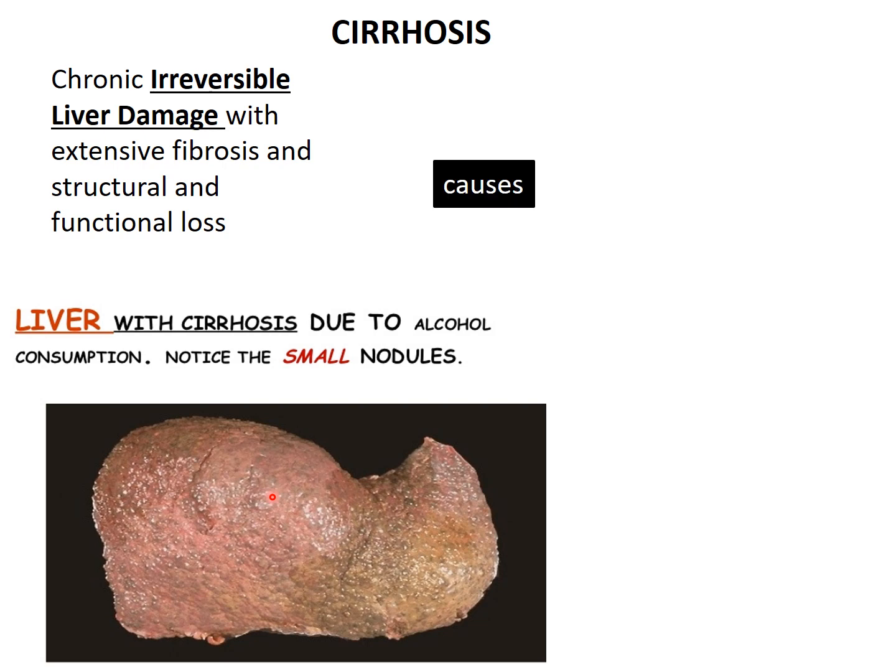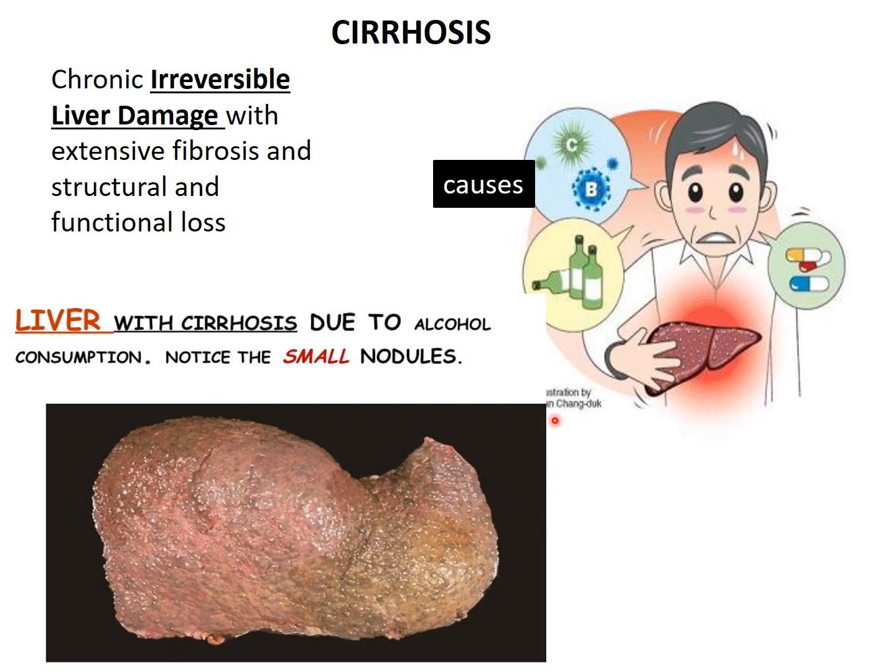So what are the causes for this cirrhosis? The most important cause remains consumption of alcohol. So alcohol, one. Second, the drugs. Excessive consumption of drugs over a period of time can decrease the functioning of the liver. Third, it can be post-viral. Various infective viruses can lead to the cirrhosis of the liver, resulting in irreversible damage to the liver.